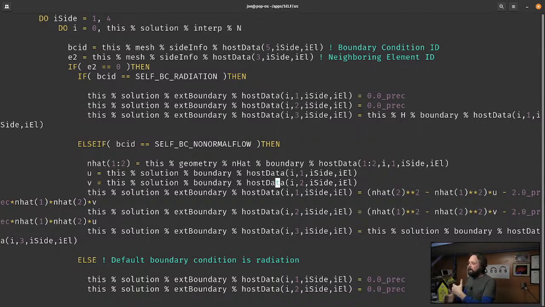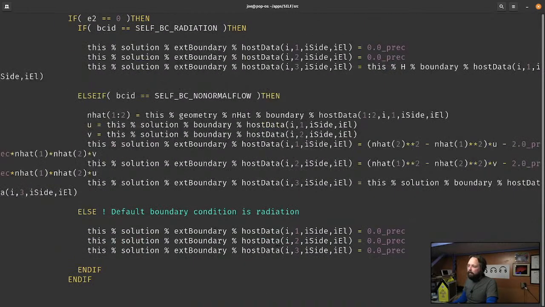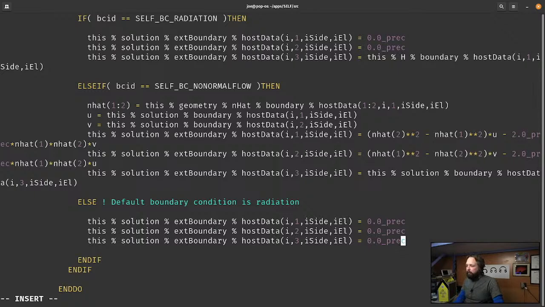Essentially what we're saying here is that we have no normal flow, so the tangential component of the velocity field is held constant between the internal and external state, and then the pressure is held constant between the internal and external state. It turns out when you work this out for the prognostic variables we have, HU, HV, and H, it looks almost identical to what we did before. So we can actually leave that alone, and then we'll fix our default